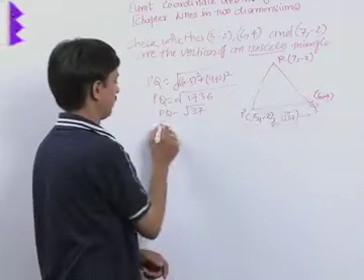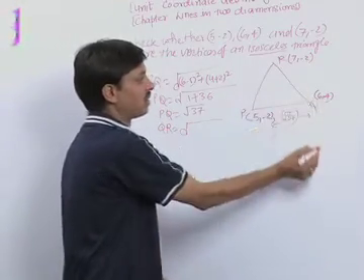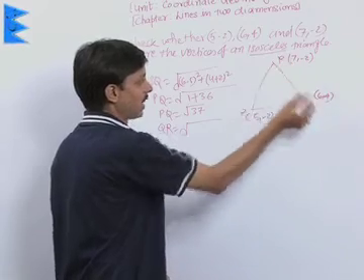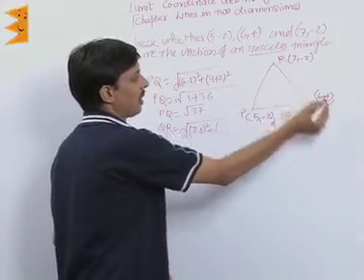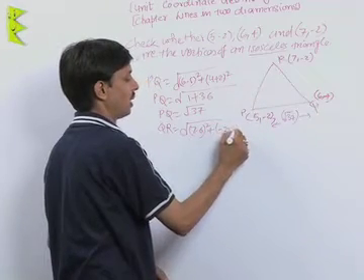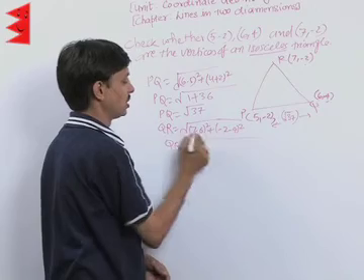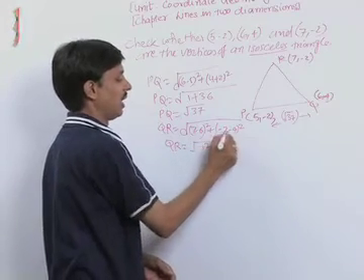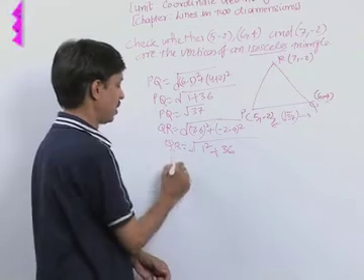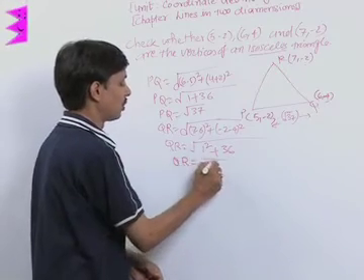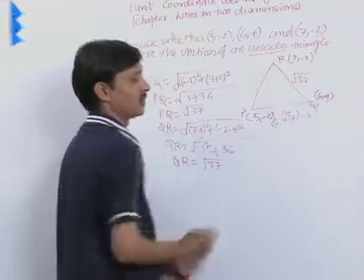Now QR. The length of QR, again we will apply the distance formula: (x2 minus x1) square, that is 7 minus 6 square, plus (y2 minus y1) square, that is minus 2 minus 4 whole square. The QR length is coming out to be 7 minus 6, 1, and minus 2 minus 4 is minus 6, its whole square is plus 36. So the length QR becomes root of 37. This length is also root 37 units.